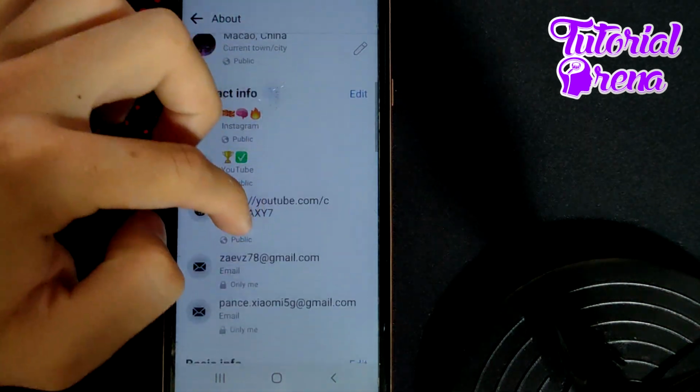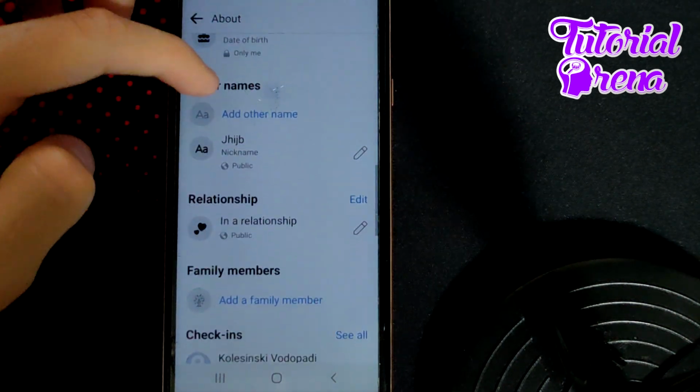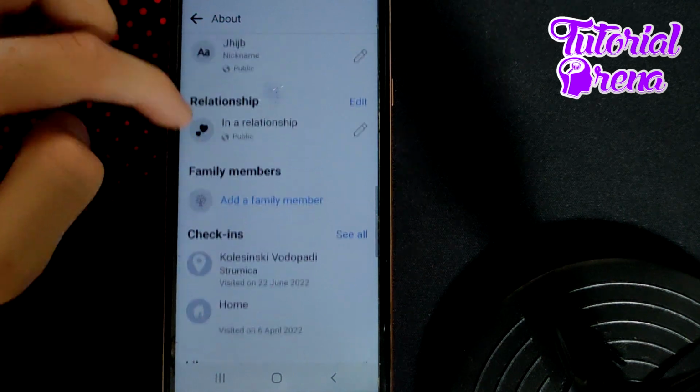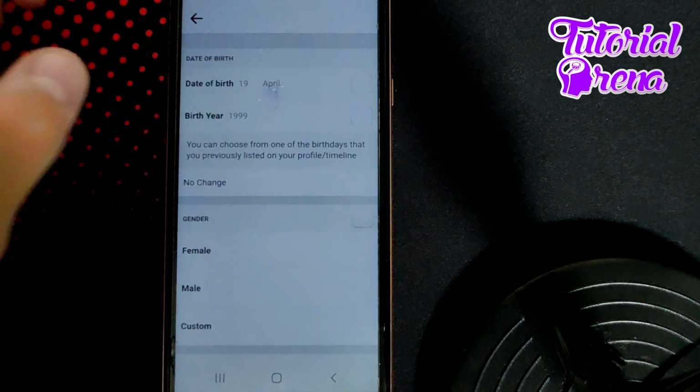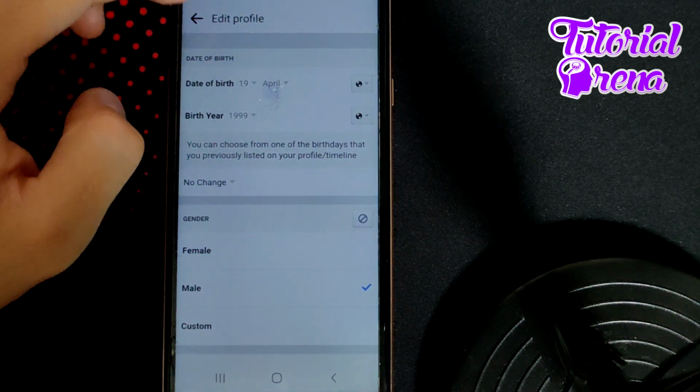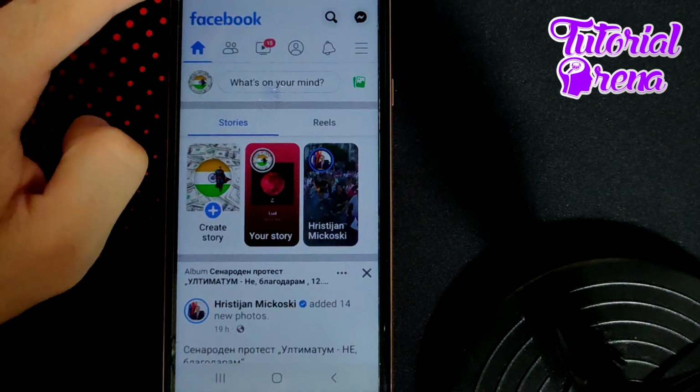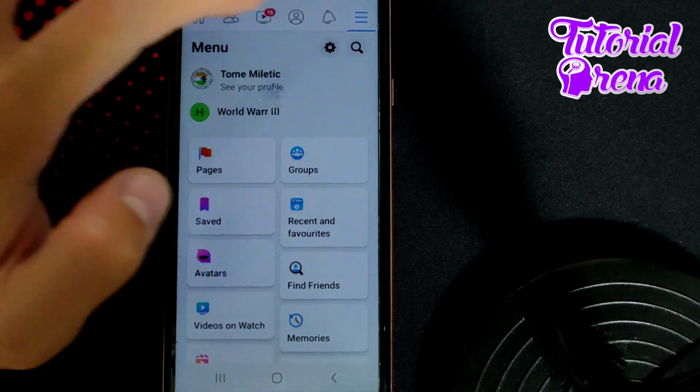From here, as I said right before, you can take over, and right here on Basic Info, you need to check your birthday selection, which needs to be correct. Then when you take care of that, you're going to get back and go again to your